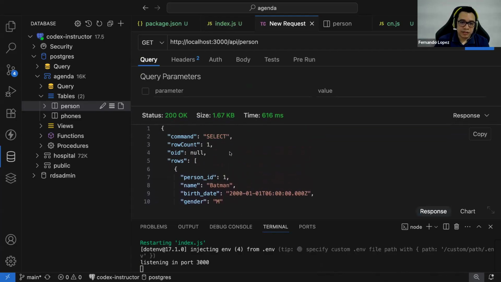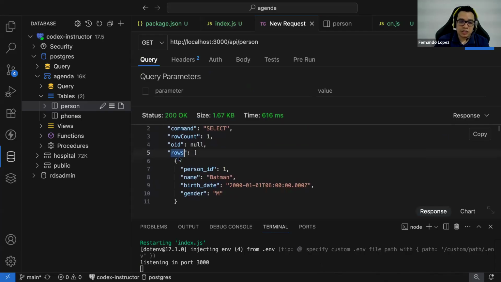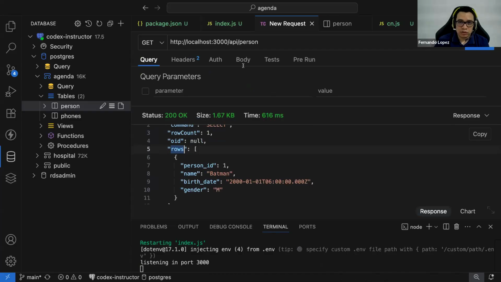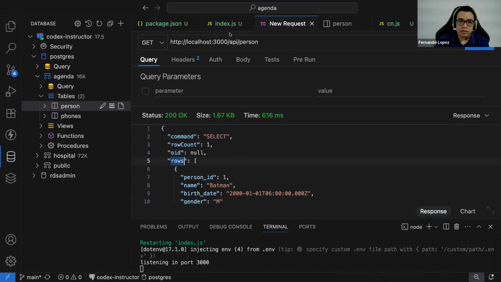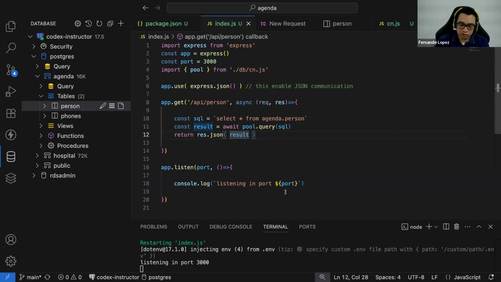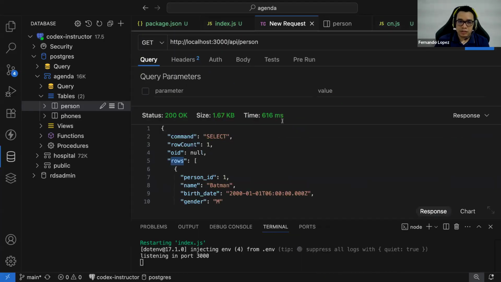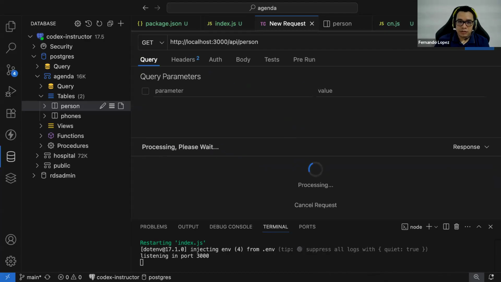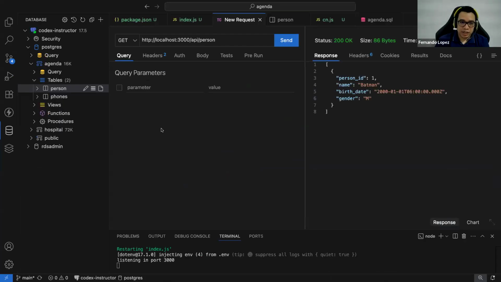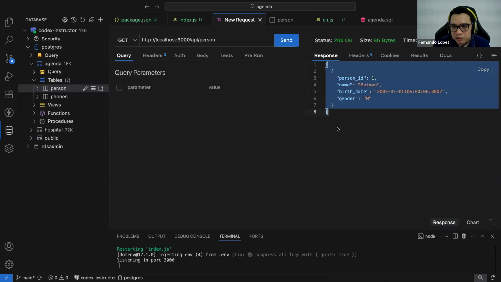As you see, I'm running a select command, and the data is inside of this array or this object that is called rows. So I won't return all this information. What I will be returning right now is the result.rows. Let's see, rows, yeah. Now let's try to hit this URL again. And now you see, guys, that I am returning in the response a JSON object. In this case, it's an array that is containing just one JSON object because there's one record in the table. Does this make sense?